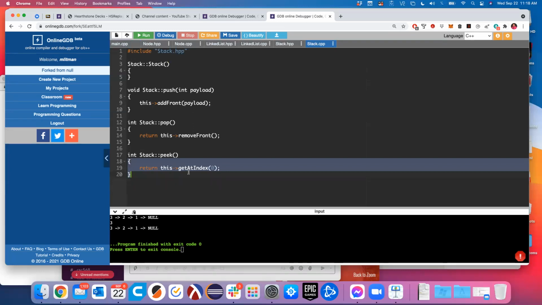When it came to our linked list, we didn't have to worry about a tail pointer. We didn't have to worry about a previous or next node. We didn't have to worry about traversing the whole list to a certain place to put something somewhere in the middle. Just operating off the very front of the list is kind of our simplest version of a linked list. All right. Now, having said that,